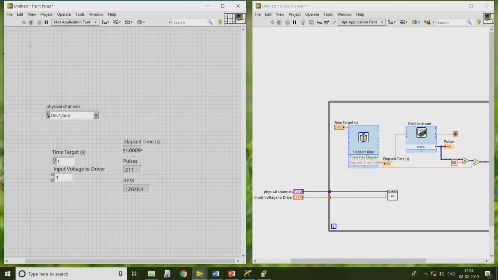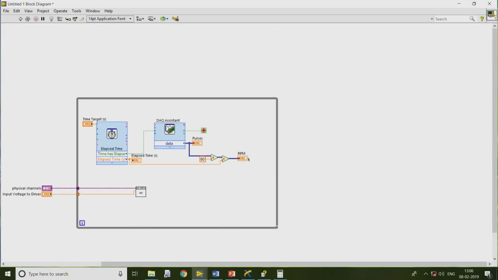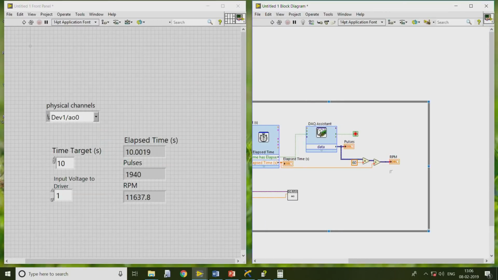Anyway, we already have a timer here, and for 1 second we have to see how many times the motor is rotating. So let us count how many revolutions it is making. We are saying it is an RPM, this is the RPM of an encoder, but we have a total gear reduction ratio of 100. So what we also have to do is divide the output of this by 100.